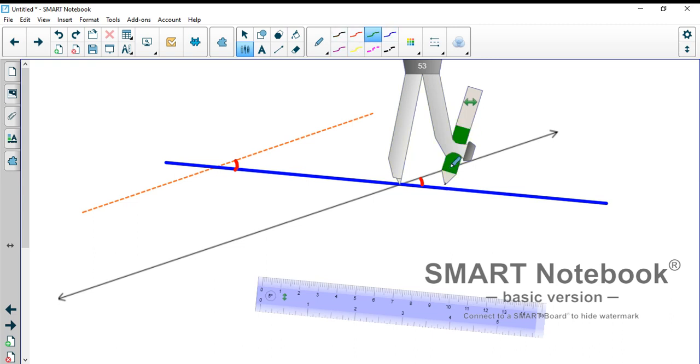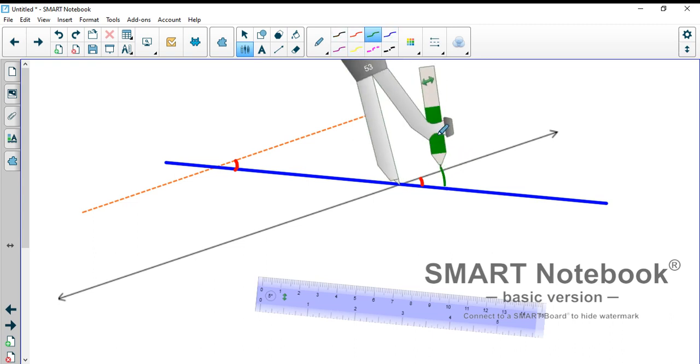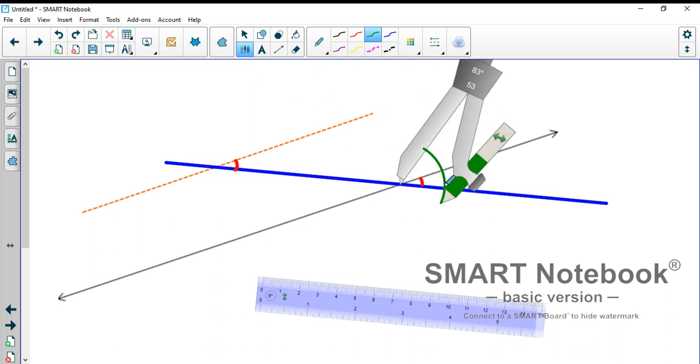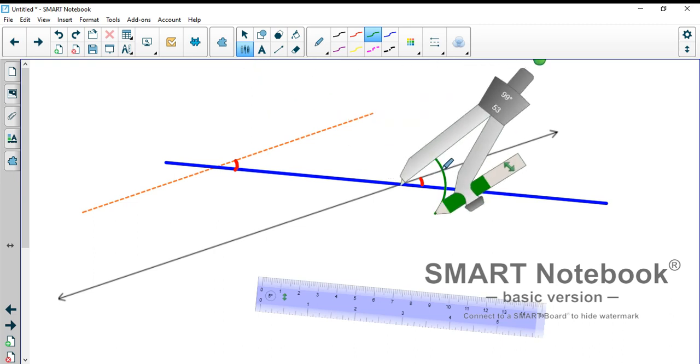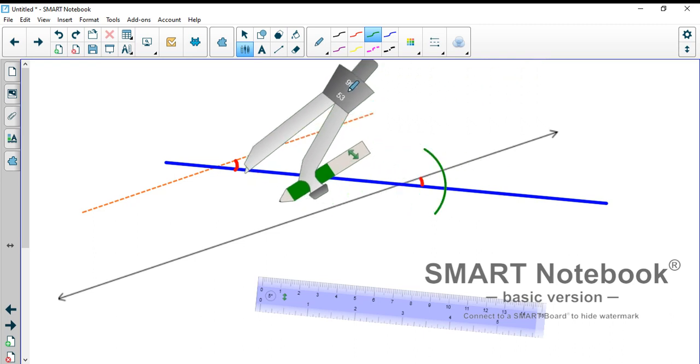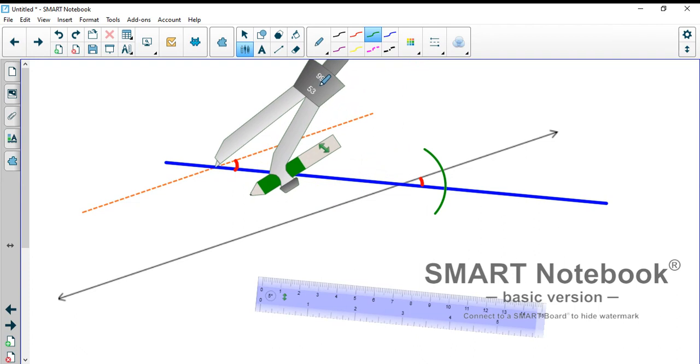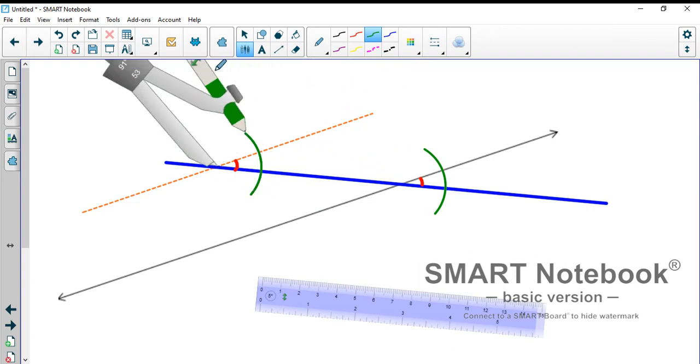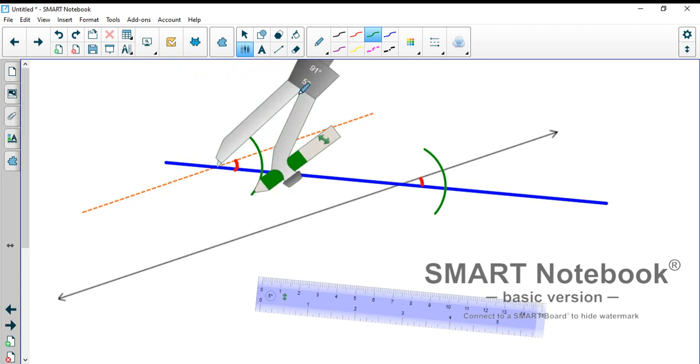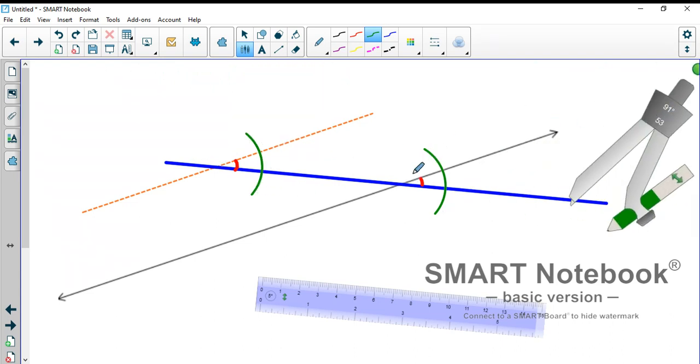Nope, green, how about? And I'm going to make an arc. I want to make sure that this arc intersects the line that was provided. Sweet. Now, keeping this at apparently 53 degrees, super, I'm going to go over here and make the same arc. All right, so all I've done is made one arc on the lower corresponding part and then one at this